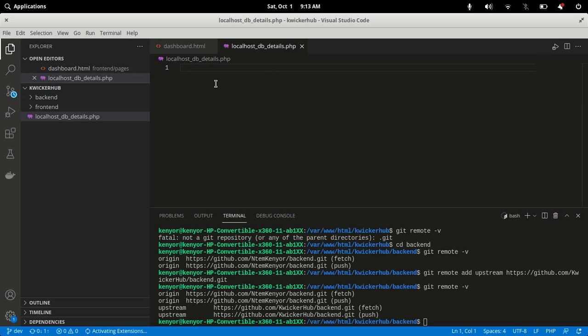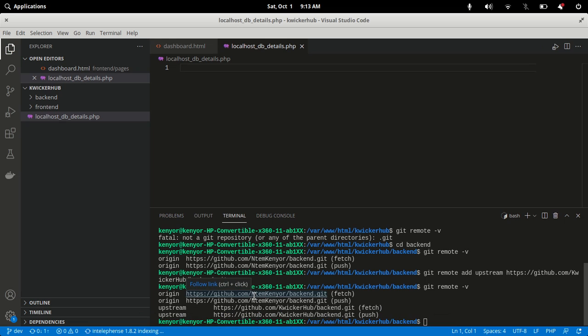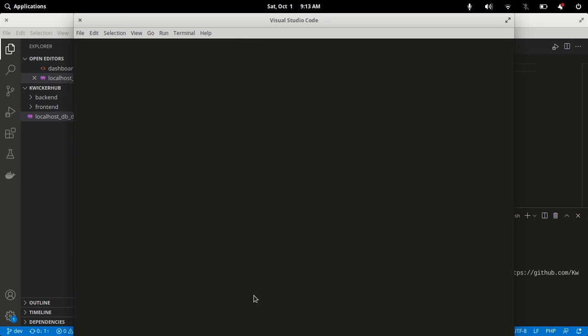and then I already have that set up in some of my projects, so I'll just do a little trick here. I'll just open the other project I have to show you the clear details of my DB. Now this file here called localhost DB details